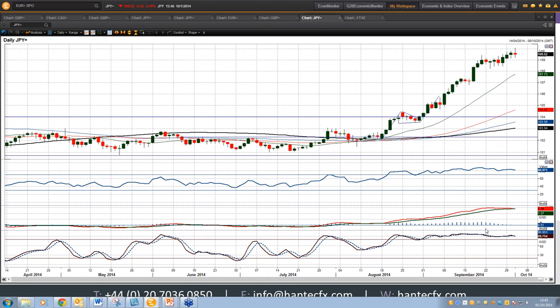Look at these momentum indicators, strong across the board. RSI consistently above 80, that's huge. Stochastics also. Now you've got the potential, I did say this yesterday in my morning report, and I was subsequently sort of shot down in the afternoon, but you have the potential for a MACD crossover signal, which would be certainly a warning. I think that would be a warning for the strength of the uptrend,